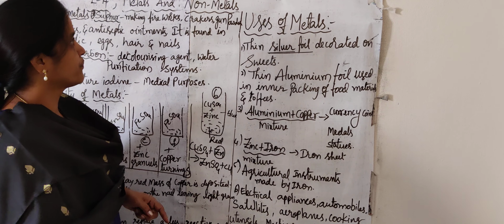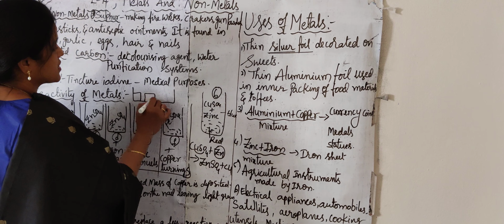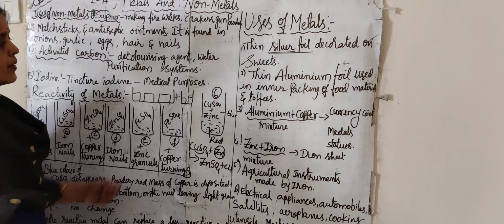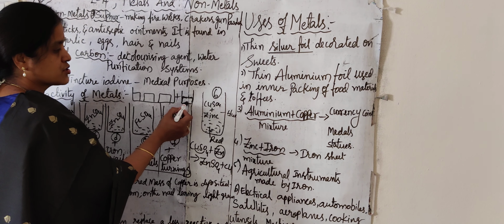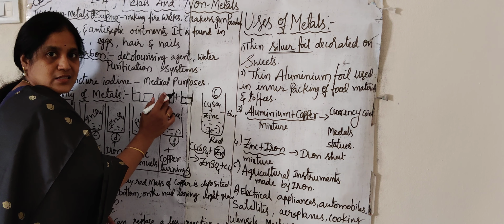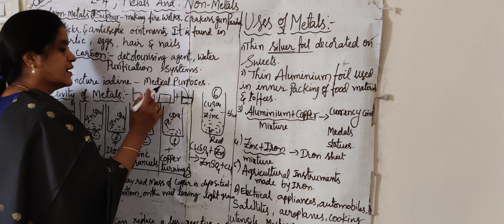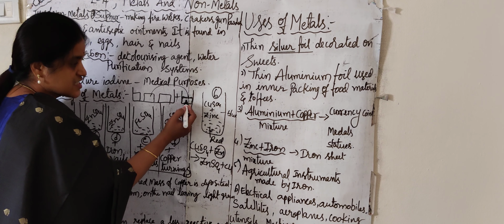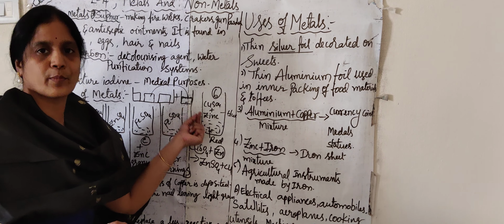For example, suppose this is a bench. In that bench, 3 students are there. And in one more bench 2 students are there, but here one student is there, not 2. So this student wants to join here, but there is no place. Then what will he do? He will occupy this place and send one student to that bench. Means he is stronger, and he pulls one student from this bench and sends him to that bench.